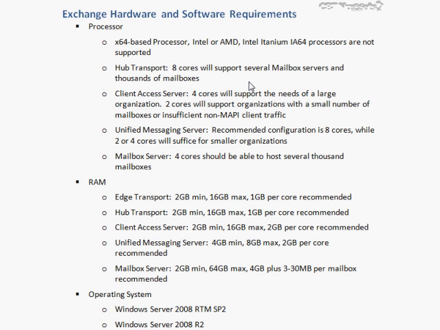Hub transport roles, Microsoft suggests that 8 cores will support several mailbox servers and thousands of mailboxes. So with an 8-core server, your hub transport should be able to route mail for lots and lots of mailboxes for a rather large organization. For client access server, 4 cores will support the needs of a large organization. Again, this is Microsoft's parlance. Whereas 2 cores, however, will support organizations with a small number of mailboxes, or again, not a lot of